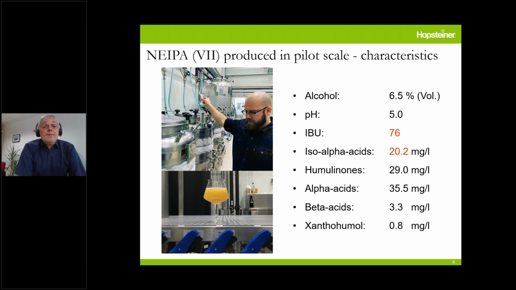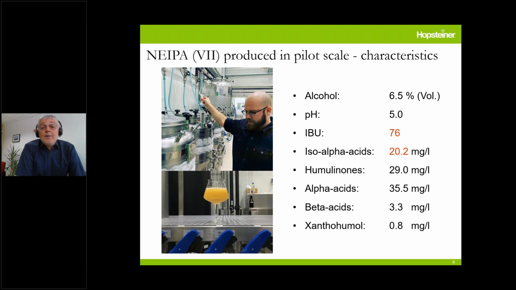These are some characteristics of our New England IPA produced in pilot scale: alcohol content 6.5%, pH 5.0, international bitter units 76, isoalpha acids 20.2 milligram per liter, humulinones 29 milligram per liter, alpha acids 35.5 milligram per liter, beta acids 3.3, and xanthohumol 0.8 milligram per liter. I will talk in detail about this composition in the next few slides, but want to mention one